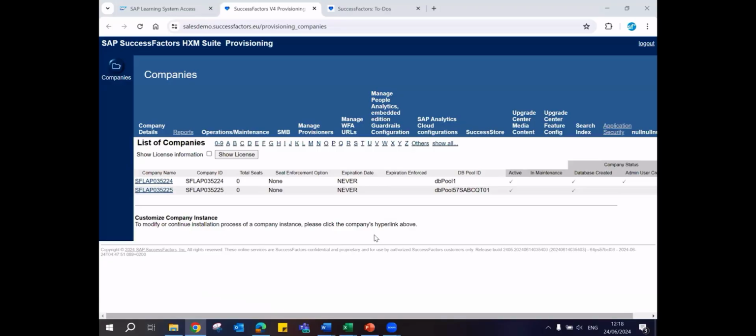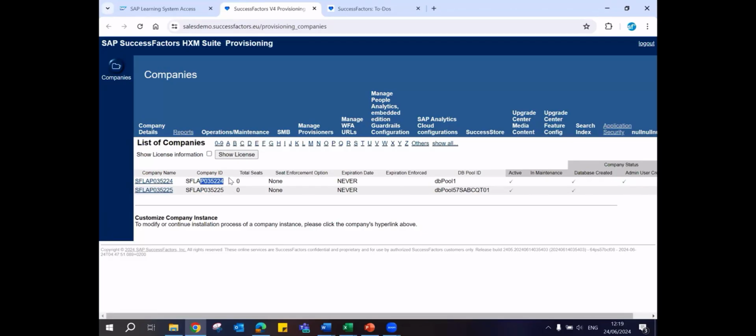So this is the provisioning system. When you log into the provisioning system, this is how it looks like. And how many projects you are parallelly working, those many line items will come here. So currently I'm having two systems access, that is two clients. For every project, there will be one unique code. So if Coca-Cola is implementing SuccessFactors, SAP will allocate one code for that Coca-Cola project. Similarly, PepsiCo, Air India, for every client, there will be one project code, company ID or project code, anything you can say. So here, I am currently connected with two projects, both are listed.